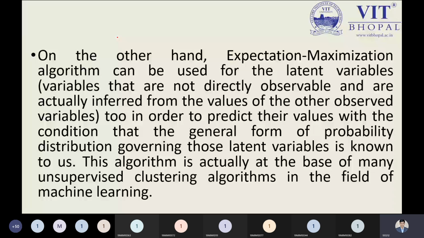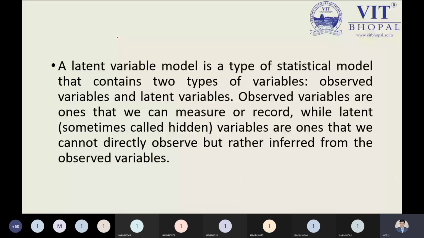Same example, same data set and features as we studied in k-means. I'm not doing anything special. I'm just taking the previous concept, that is clustering, as inspiration, and using the expectation maximization algorithm in a simple way. From this point, we need to understand in more detail what is actually meant by the latent variable, because we are hearing a new term, the latent variable, from the unobservable variables.